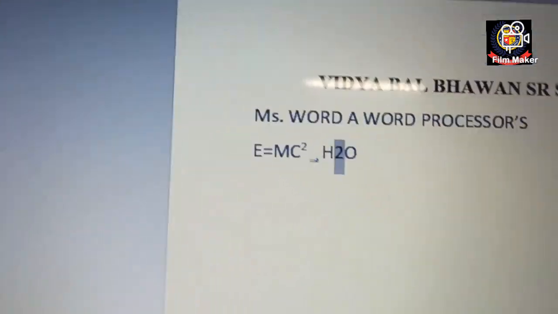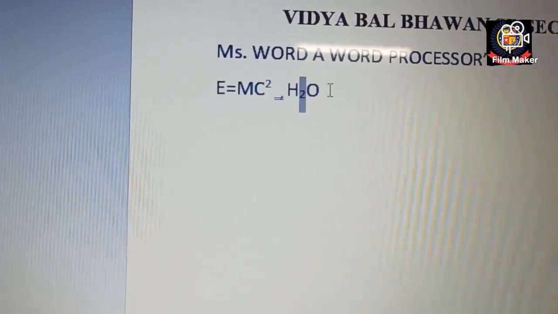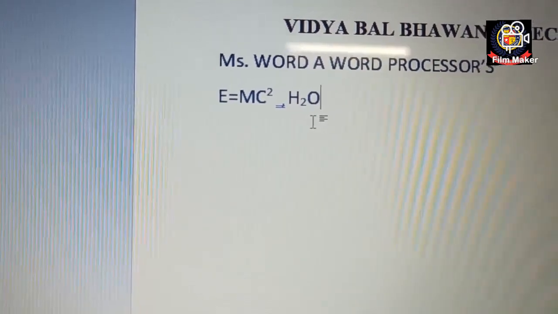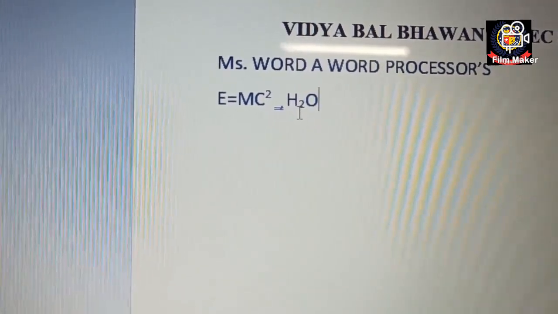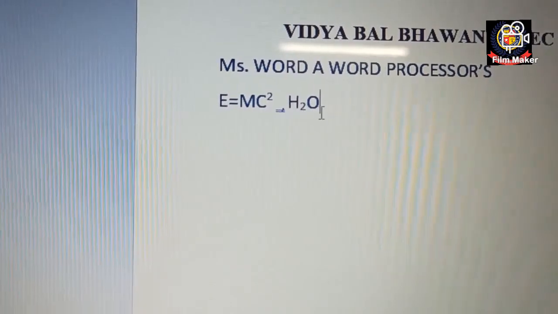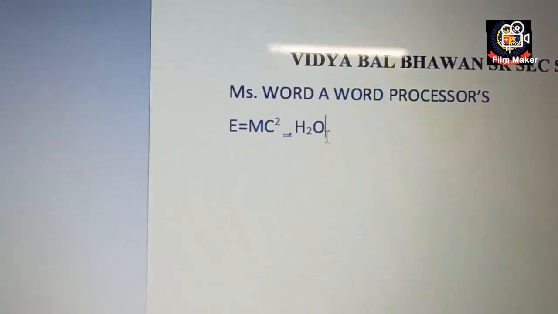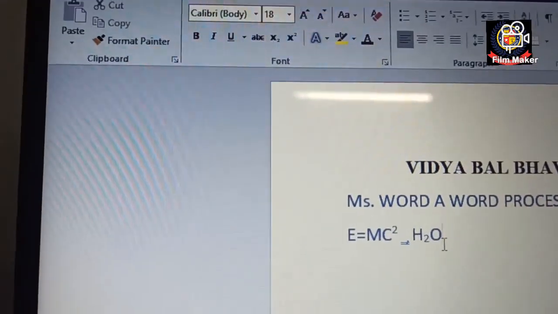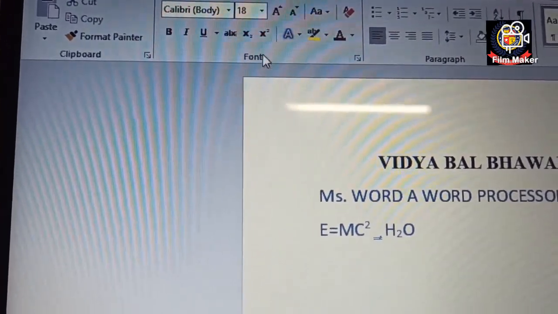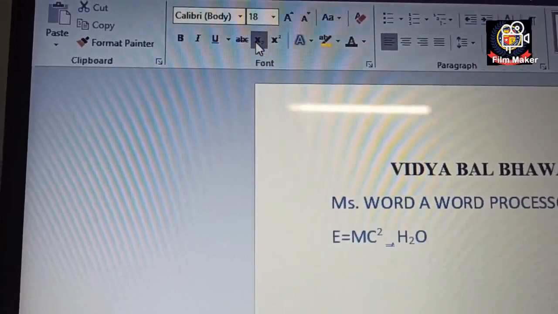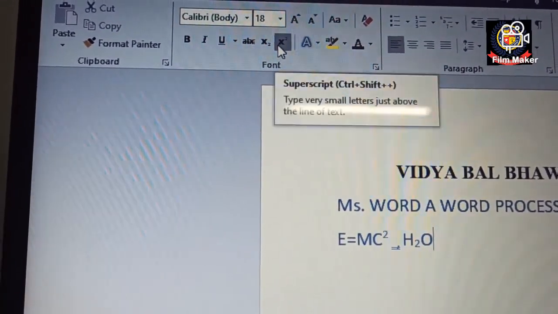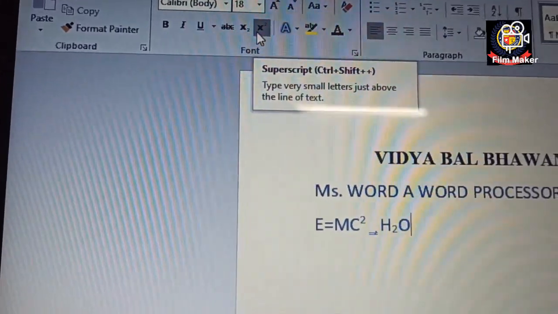This is the symbol for subscript. Now you can see this 2 is at the base of the character H, so the formula becomes H2O. You get this option in the home tab, in the font group: this is the option for subscript, and this is the option for superscript.